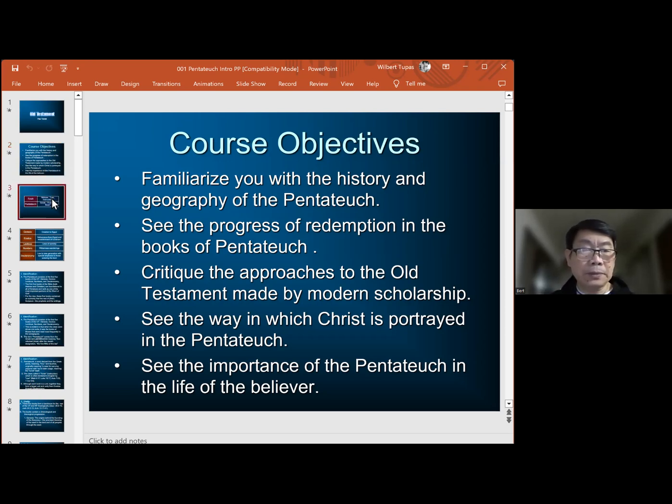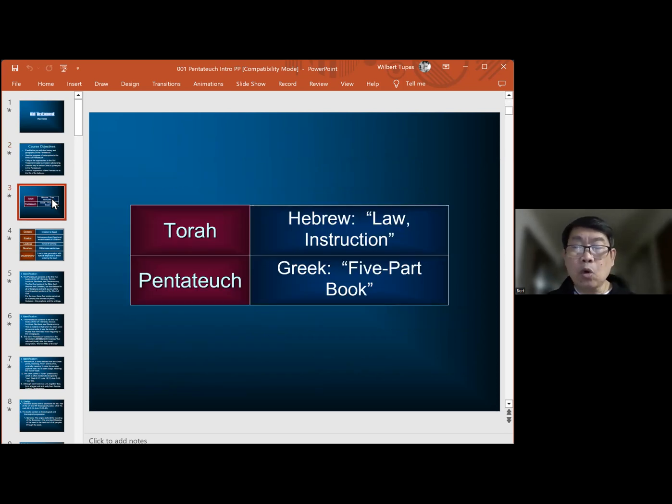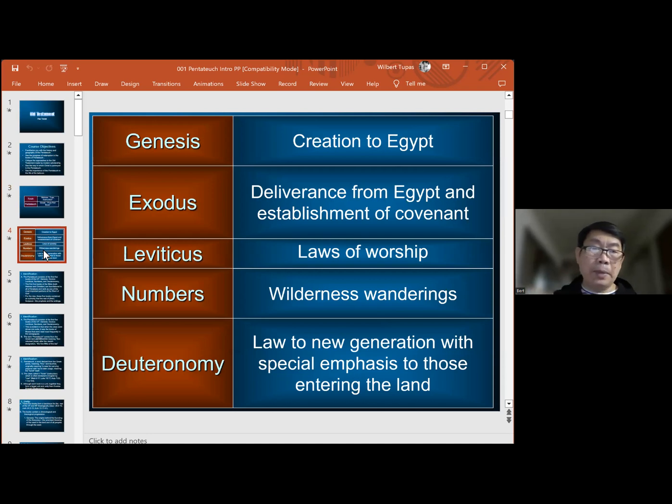So yung Pentateuch ay Torah ang tawag doon sa Hebrew, na ibig sabihin ay law. Penta ay galing sa Greek word, penta means 5, at yung 5-part books. So, Pentateuch ay may 5 aklat. No? Aklat ng